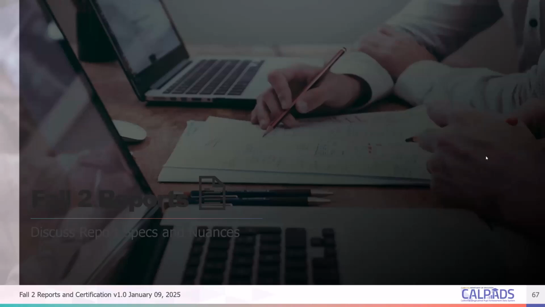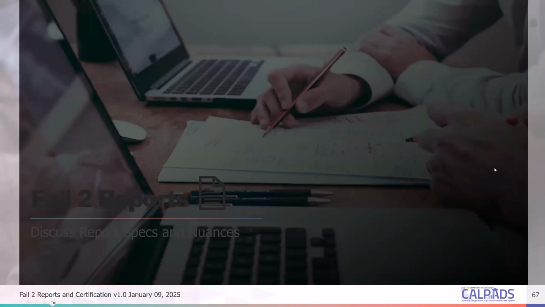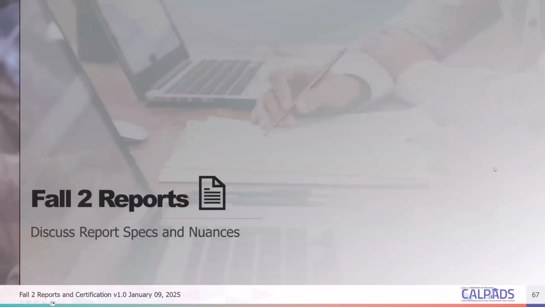So now we're going to cover the reports, and Kyron alluded to it. Maybe there's an animation here. Yeah. Kyron alluded to it. You want to resolve all your errors prior to looking at the reports. You're going to have inconsistent data if your submission is still having errors. Some of the errors will prevent students from being included.